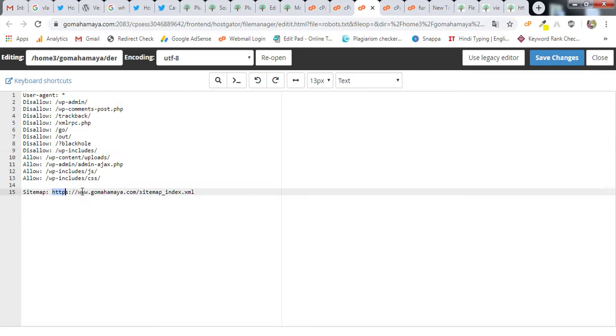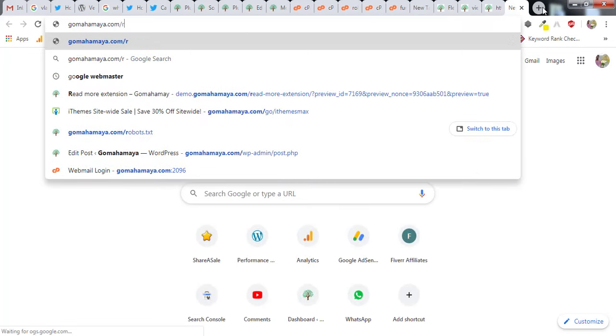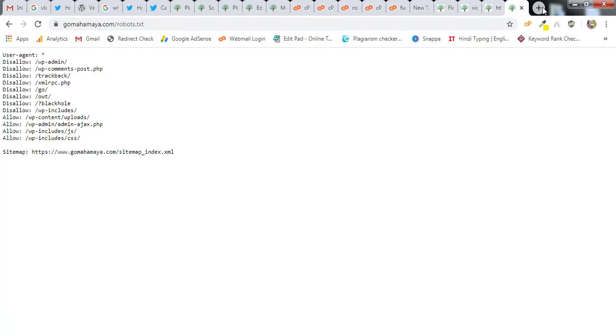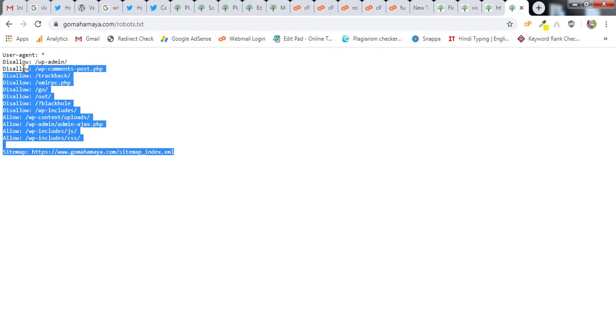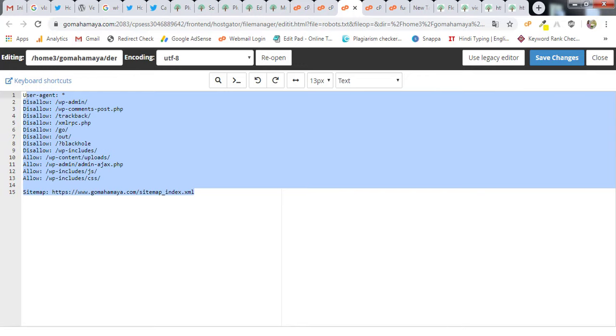Next, you have to change the part of the format which says sitemap. If you don't trust my code, go to any website you trust. Let's say you take my website and add /robots.txt. You can do this with any website. Just write robots.txt at the end and you'll get this code. You can match it and use it inside your own websites, it will be helpful for you. Once you are done, click on save changes.